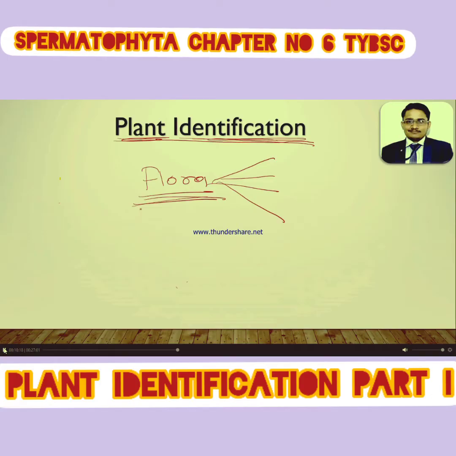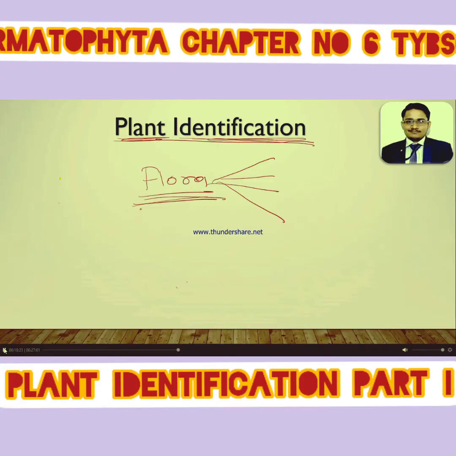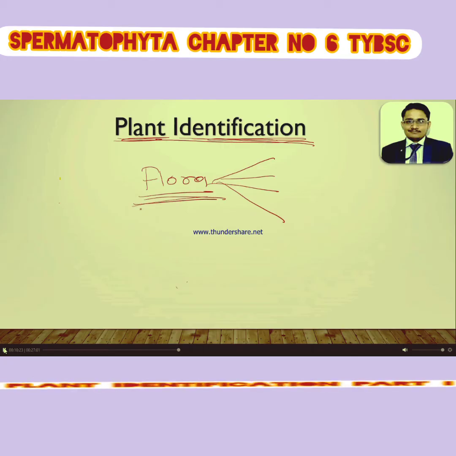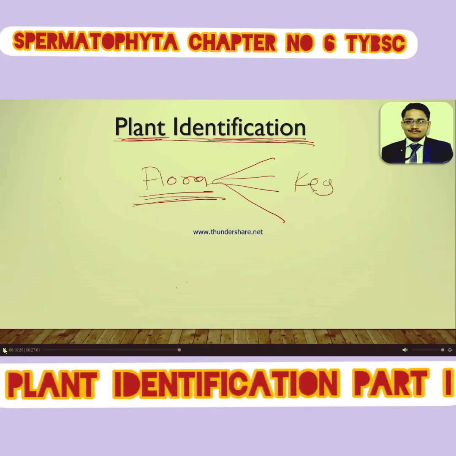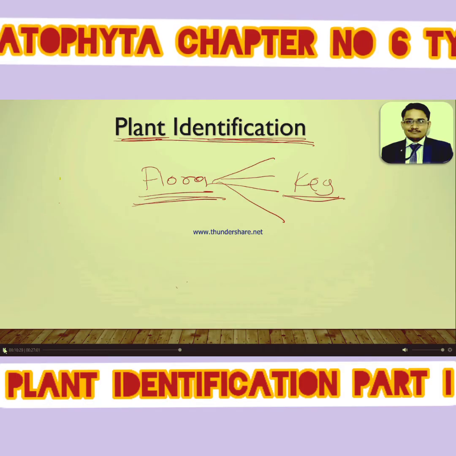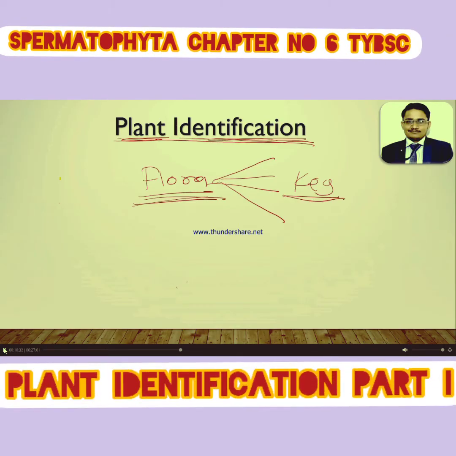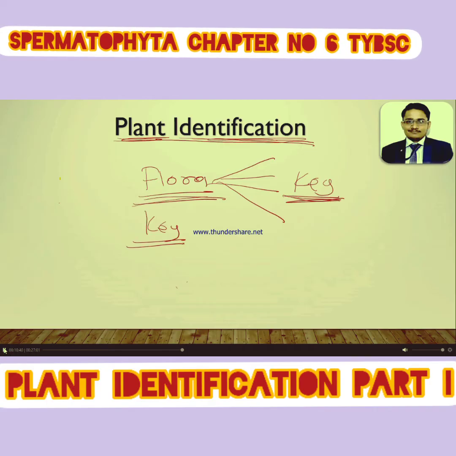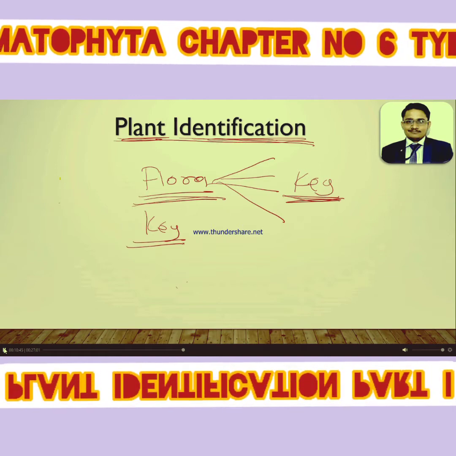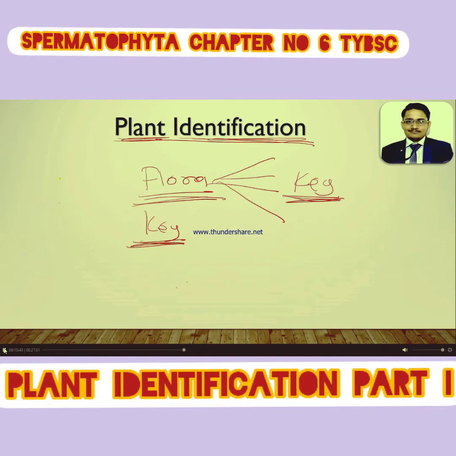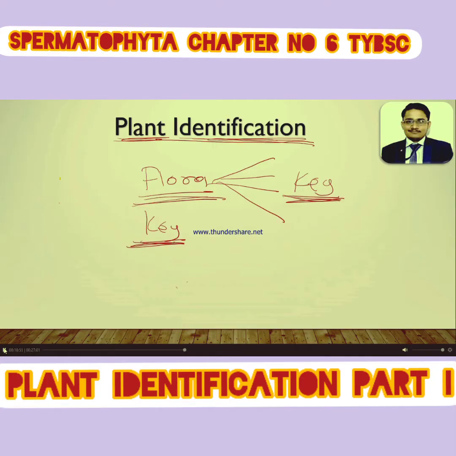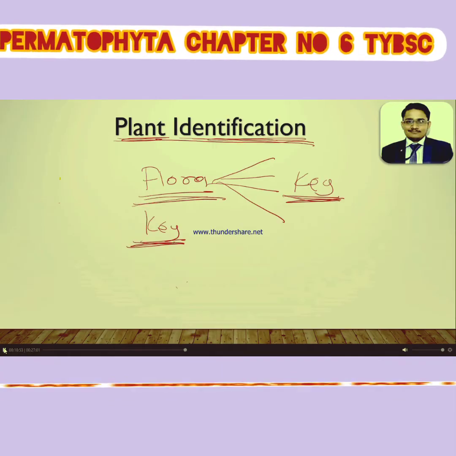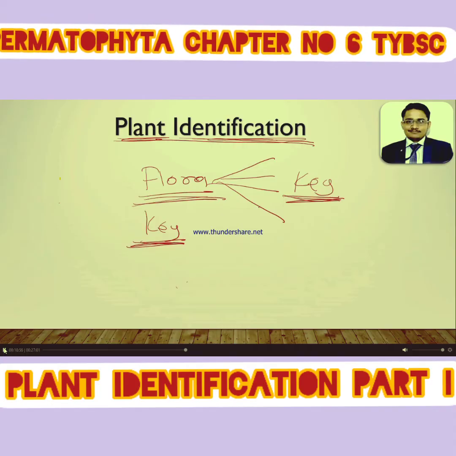In the flora, some characters or some keys are given. With the help of these we can determine and identify the given plant. Then what is the meaning of a key? In daily life, a key is a steel structure that can open our wallet. But in taxonomy, a key is nothing but a taxonomic way to identify the plant.